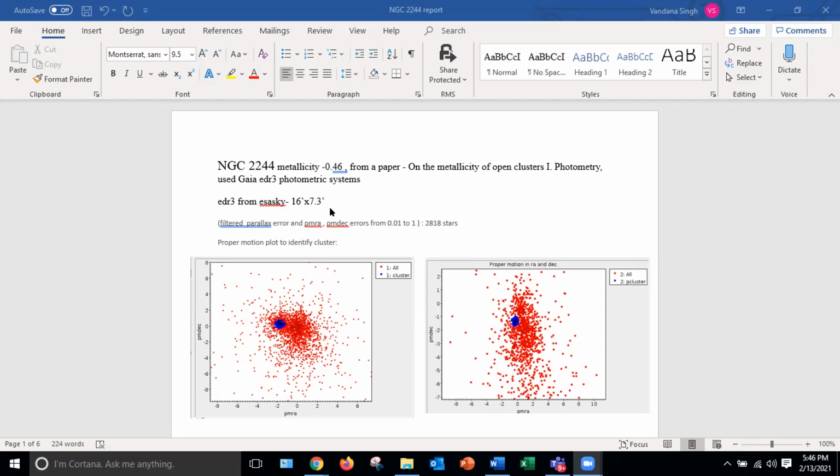Actually, you can do your searches in the form of rectangles or, for example, circles, which are the cone search. In this case, it's taking a tile or a rectangle of 16 arc minutes by 7.3 arc minutes and giving you what's there in that region. A cone search is a circular area, while this one is a rectangular area.